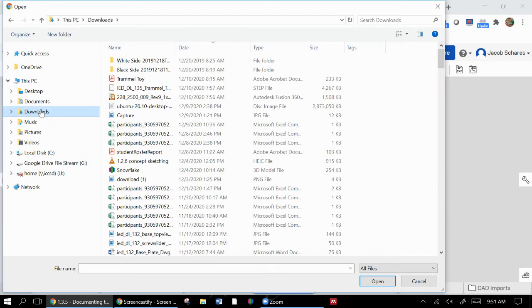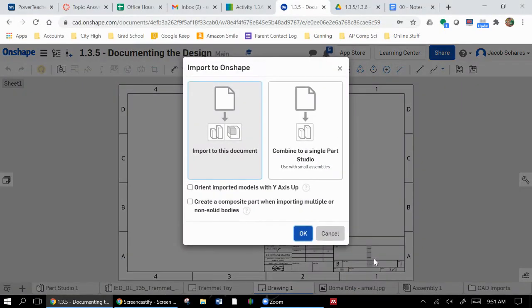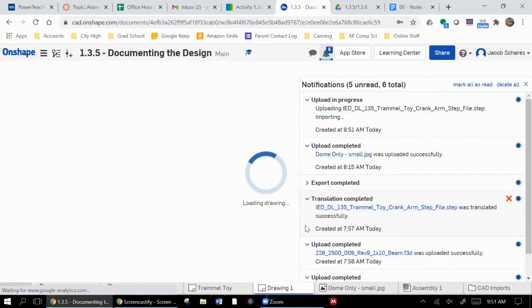So mine automatically saves in my downloads folder. Yours on your Chromebook, if you just download it, look in that recent tab and it should be in there. What you're looking for is this file here. It's a step file and it's called IED Distance Learning DL 135 Trammel Toy Crank Arm Step File. So lots of long name there, but that's what you're looking for. Open that up. And because this is only a single part, it actually doesn't matter. We're just going to go ahead and import this document the way it is and leave everything else alone. So we hit OK, it uploads,